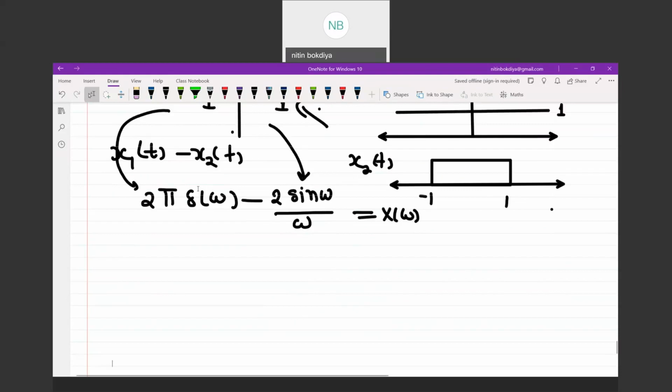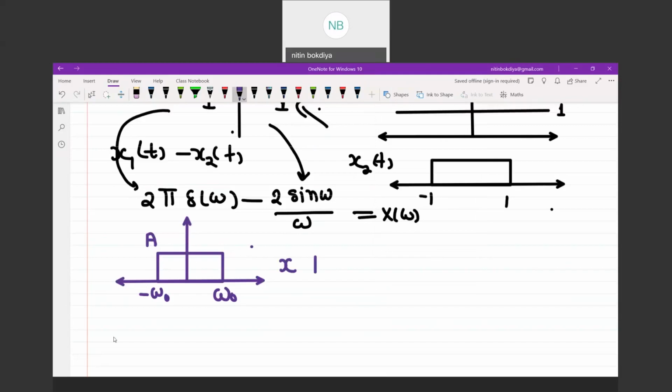Now let's take one more problem, and we are interested in the Fourier transform of this function. Let's say this is your function, then this is minus omega naught, this is omega naught, and this is a. I am interested in the Fourier transform of this function. So how can we calculate? We can calculate this by saying